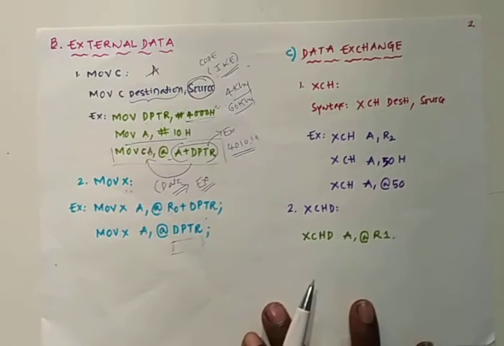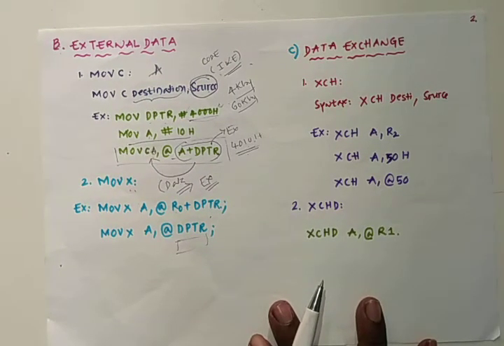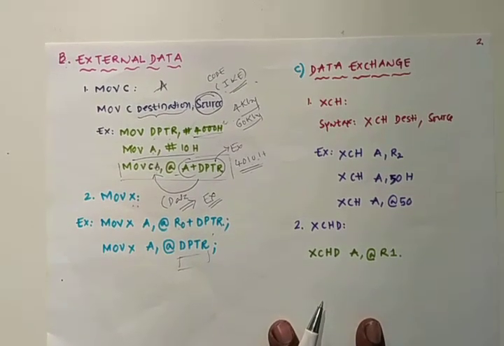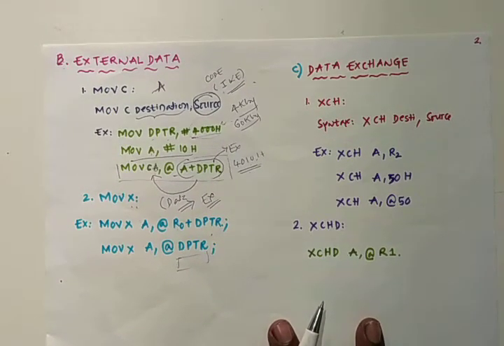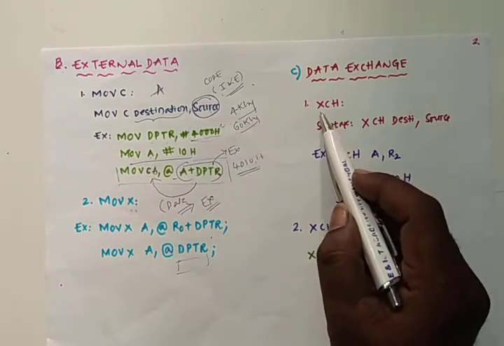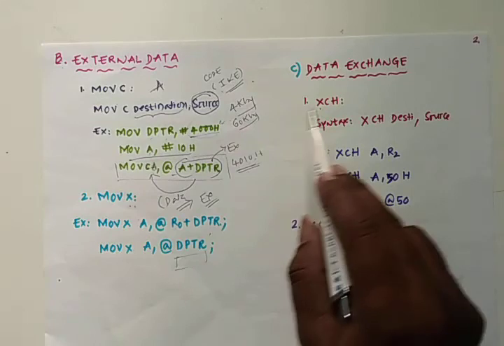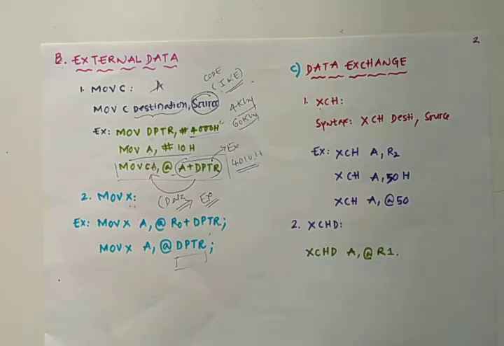Next one is the data exchange instruction. Data exchange instructions are used to exchange the data. These are the instructions which will be performed on the operands, that is the source and the destination operand, such that the data can be exchanged from one location to another location. And here this is XCH, exchange. These are called MOVC, MOVX, XCH, the mnemonics. Mnemonics are the short forms of the English words which are used to operate on the source and the destination operands.